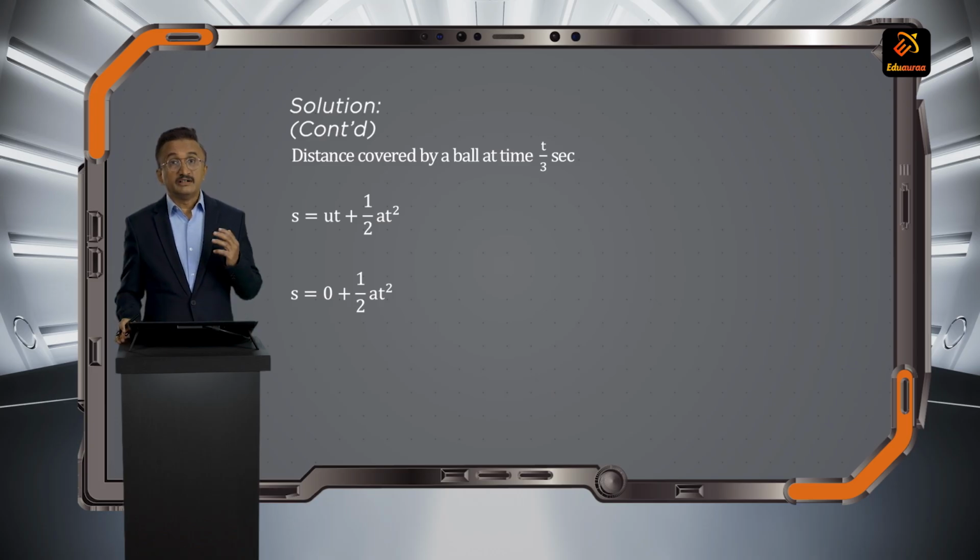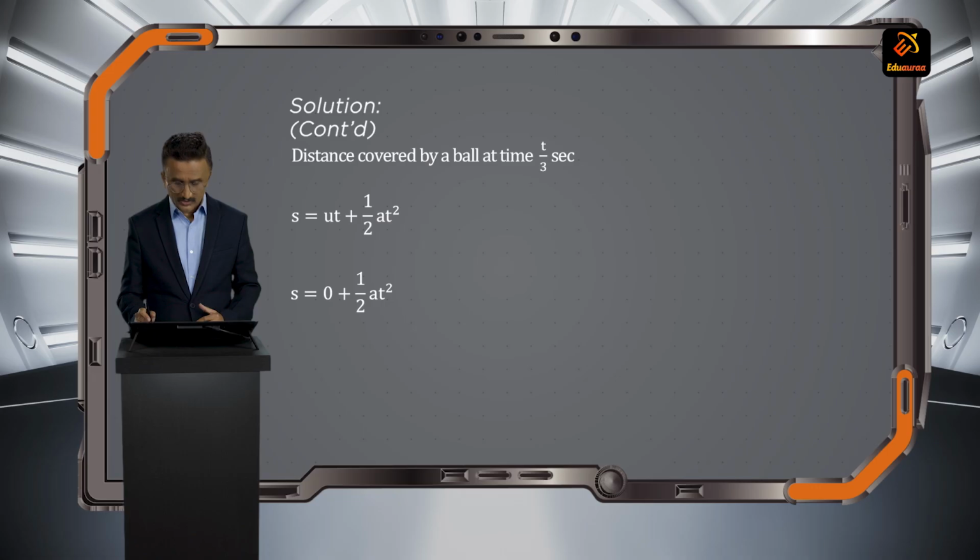But now t is t by 3 and the acceleration we have already calculated, so it remains the same. So s we have to find out. The term ut becomes 0, because the initial velocity is 0. So s is equal to 1 by 2 a. What is a? It is 2h by t square